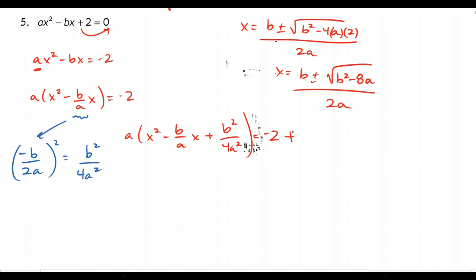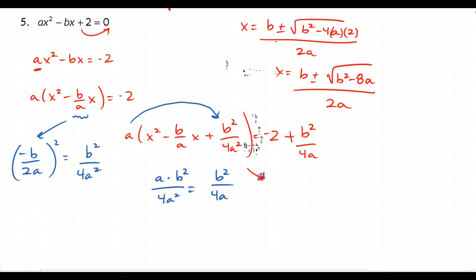Now, when I balance the equation, you want to make sure that you're multiplying a times this, and you multiply a times b squared over 4a squared. One of those a's is going to cancel, and that leaves you with b squared over 4a. So I'm adding b squared over 4a to the right-hand side. Again, I'm going to leave that little side note, so I'm going to shift over here. Okay, now